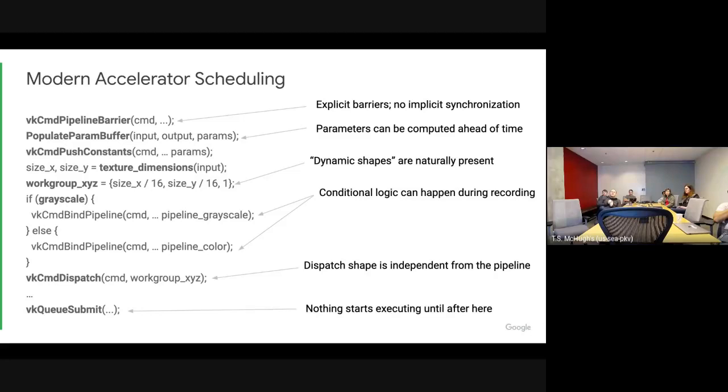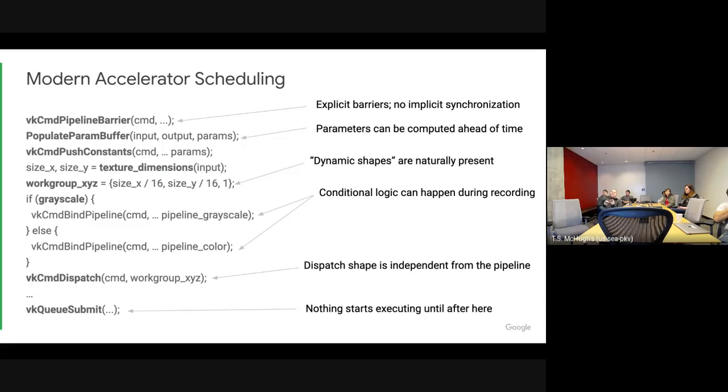We can also do things like, as you're recording these command buffers for deferred execution, embed a lot of the parameters that you're using right in the command buffers. So you don't have to think of having one global pinned buffer that has my arguments in it, where I then dispatch and it uses that. You can use ring buffers, which are kind of the whole primitive there, so that again you're not creating false dependencies between your work. Things like dynamic shapes are just natural in this system. So that's nice.